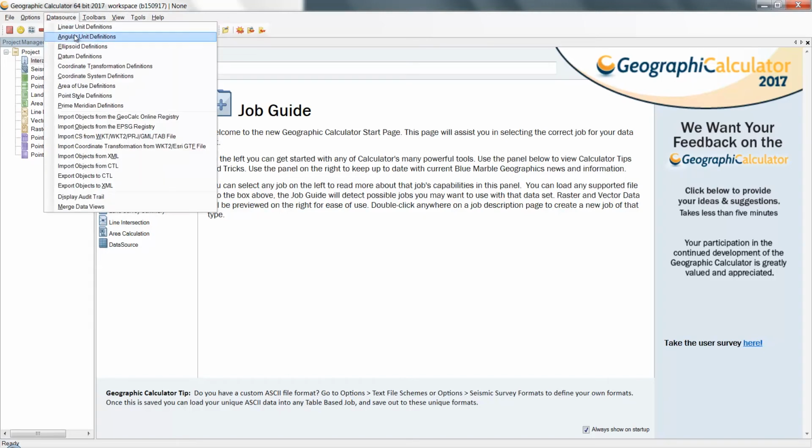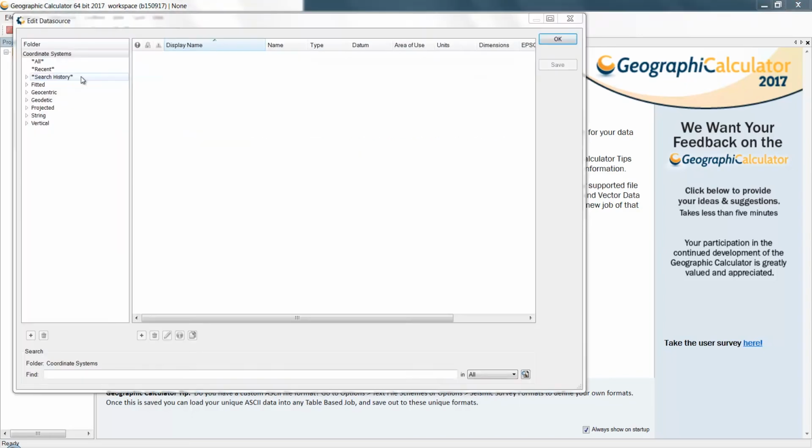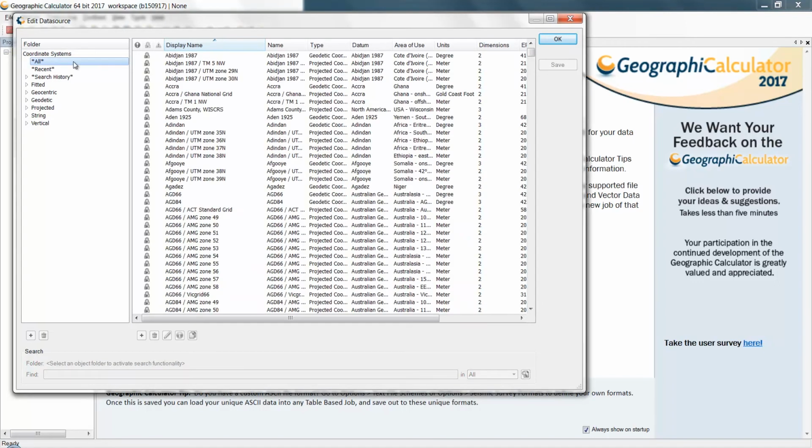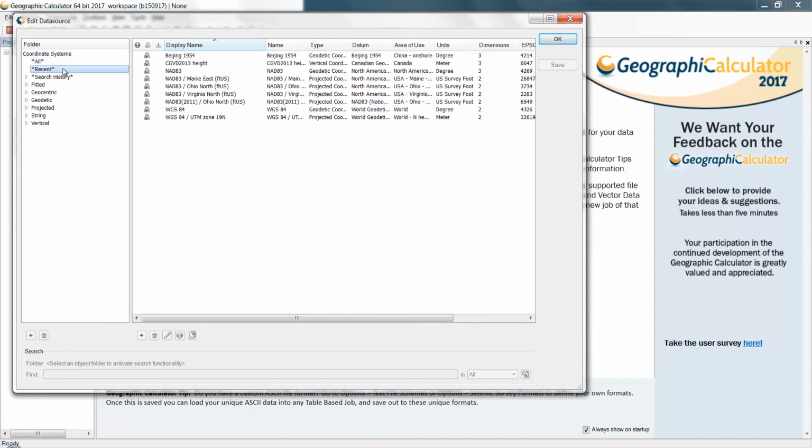For right now, we'll go ahead and take a look at a coordinate system definition. So within the Edit Data Source window, we'll notice that on the left-hand side we have our folder structure. Here we have the ability to drill down through our data source in a variety of different ways. We could first look at all of our systems. We could view any recent systems that we may have searched recently, or view our search history. We have the option to look at fitted systems, which we'll discuss later, and even vertical systems can be accessed